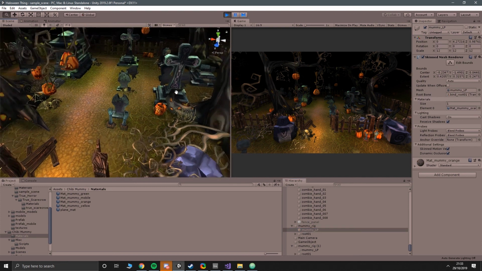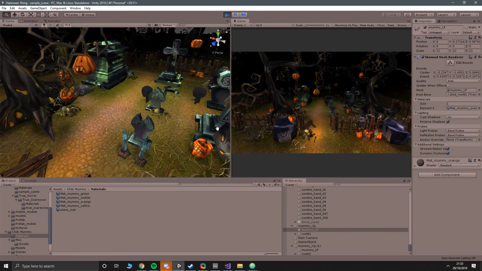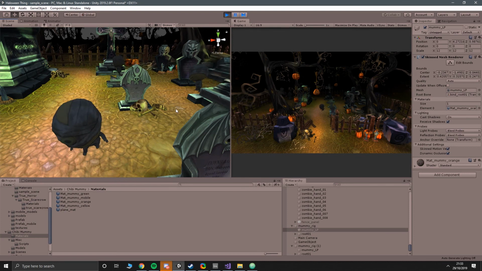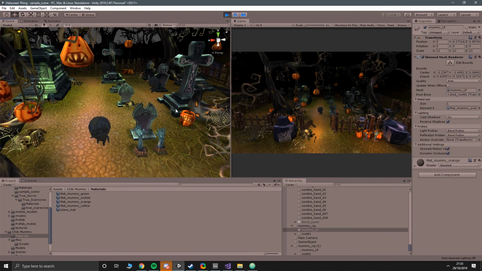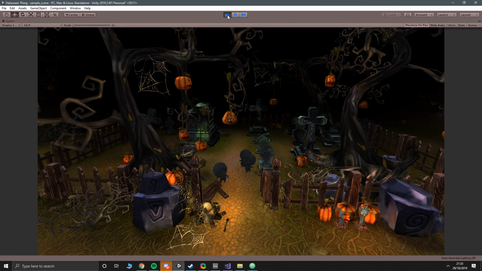Okay, so they have got different materials. I guess the materials just don't look that different. But at least one of them is showing as orange and another one's showing as yellow. Yeah, they don't look very different to me, but that is the different materials. So now that we've got our little zombies walking around, what we can do now is we can create like a random spawner. And then this will just... Why is he still wandering off out into the outside the graveyard? And we create a random spawner, and